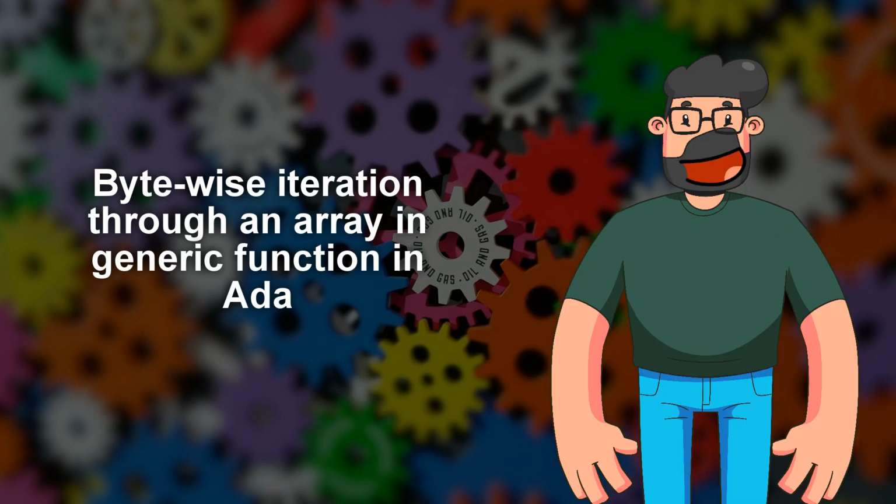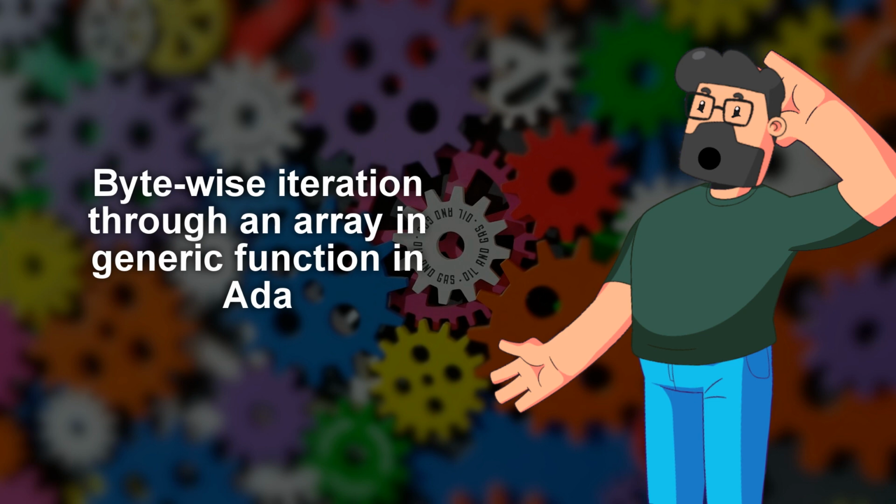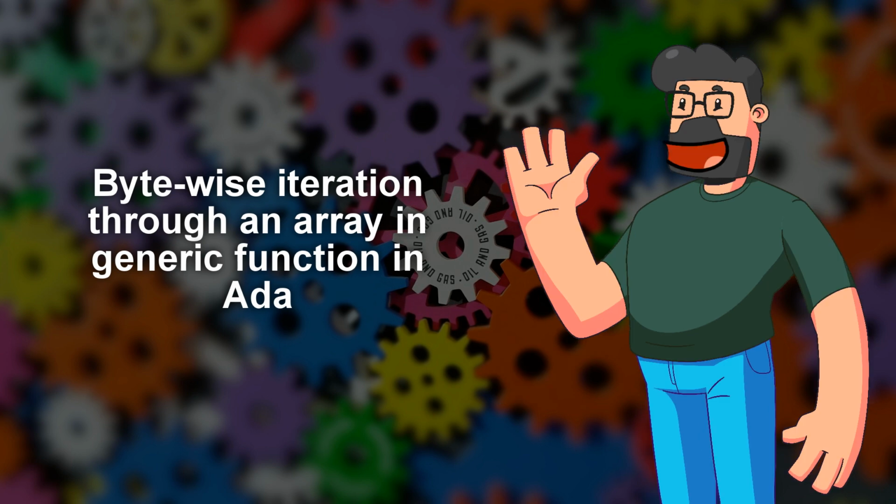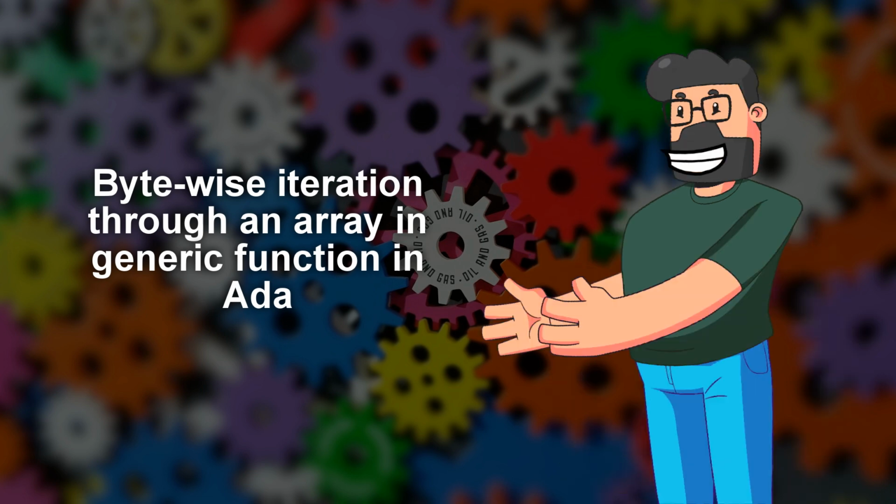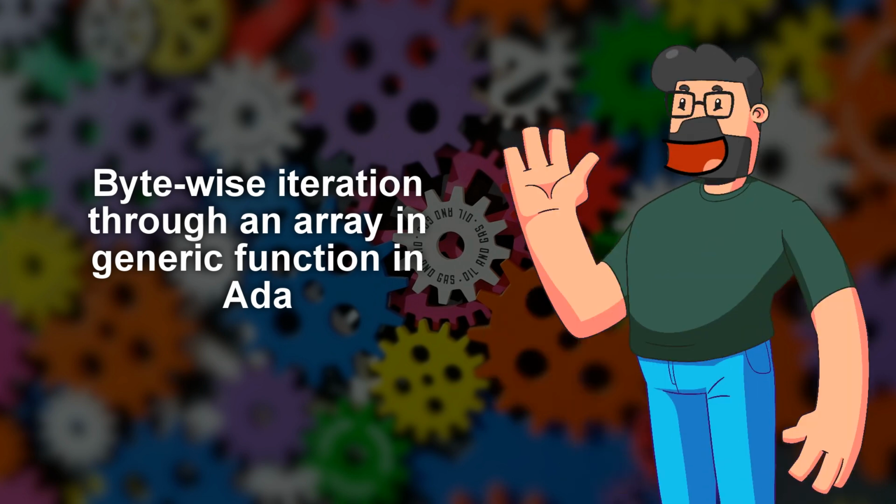Today we're going to tackle a common problem in programming. So, imagine you have an array in a generic function and you want to iterate through it byte by byte. Tricky, right? In the example provided, we're using wide_